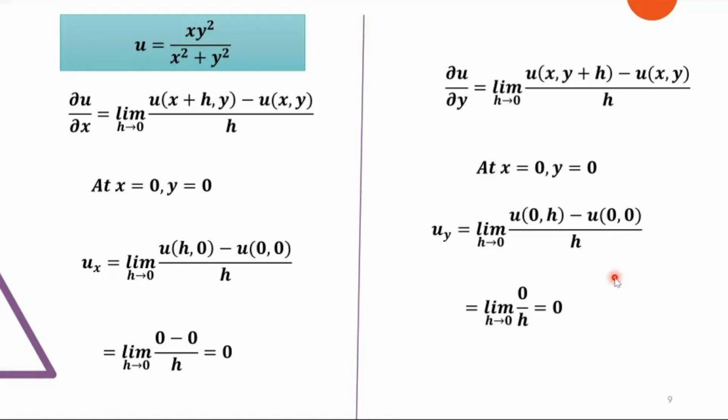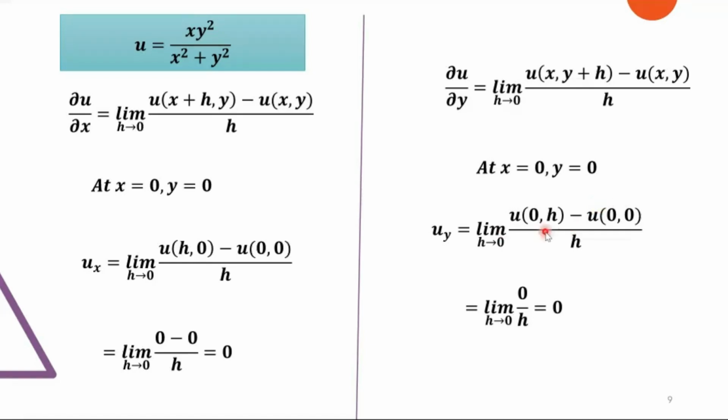मीन्स जिसके साथ डिफरेंशिएट करना है उसके साथ h को ऐड करना है। उतना ही करना है और कुछ नहीं करना। अगर हम x से डिफरेंशिएट कर रहे हैं तो x के बदले x प्लस h लिखना है, अगर y से कर रहे हैं तो y के बदले y प्लस h लिखना है यहाँ पे। लेकिन बाकी जो वेरिएबल है उसको वैसे का वैसे ही रखना है, क्योंकि u इज अ फंक्शन ऑफ x एंड y। अगर हम y से कर रहे हैं तो x वैसे का वैसे लिखना है, खाली y को चेंज करना है। ठीक है।